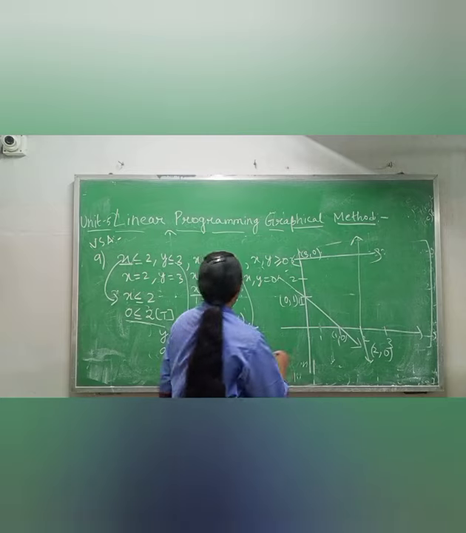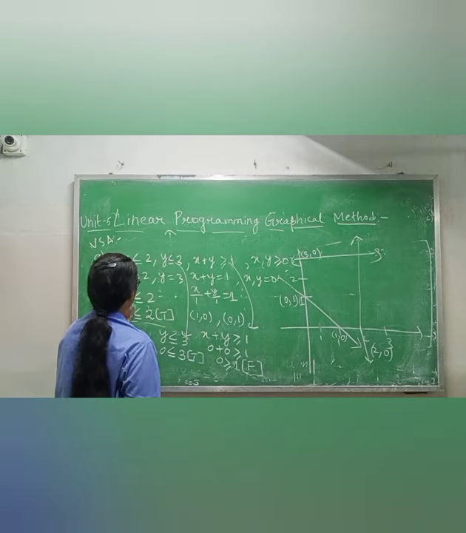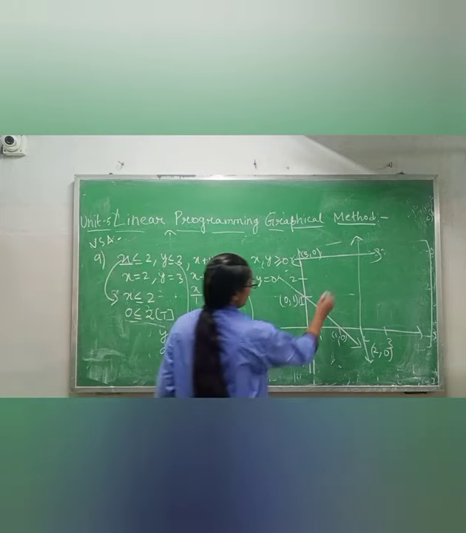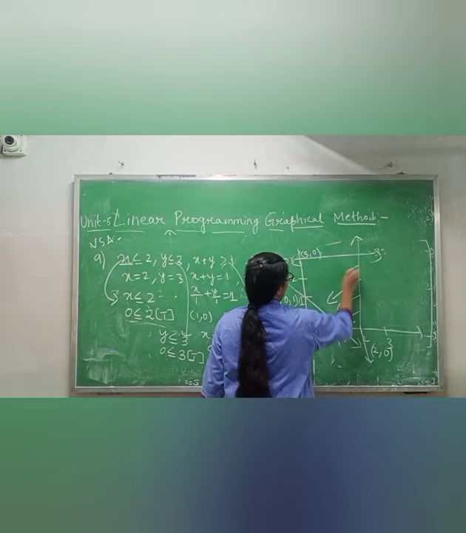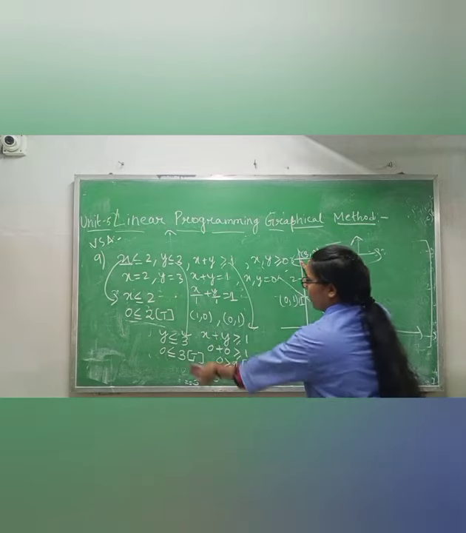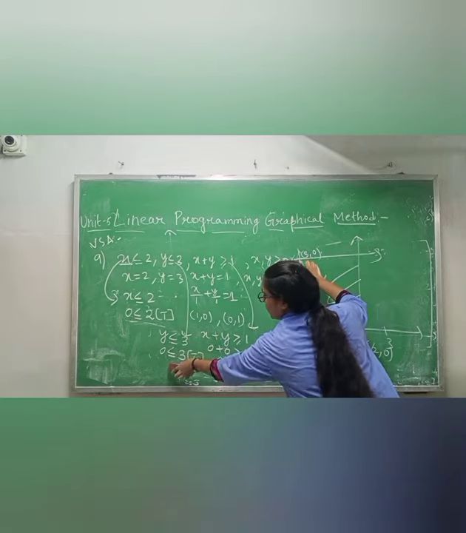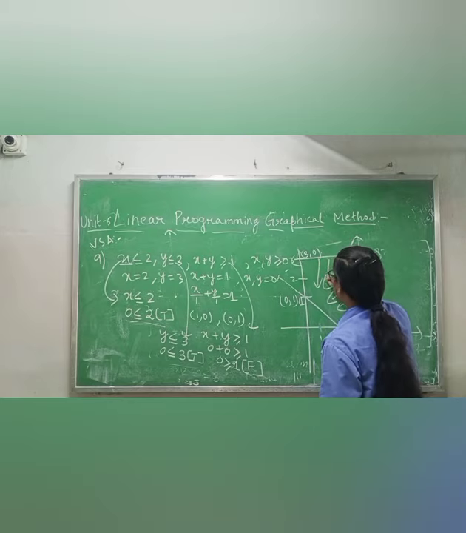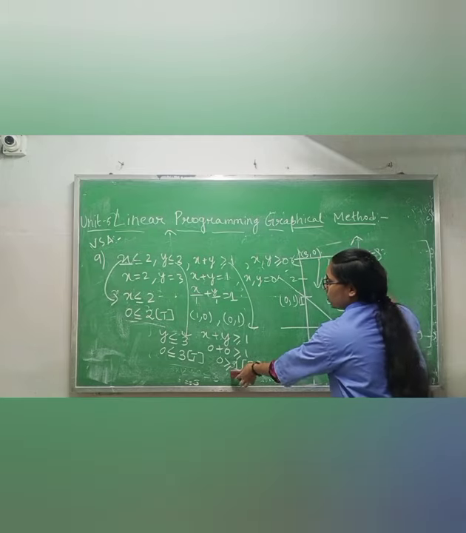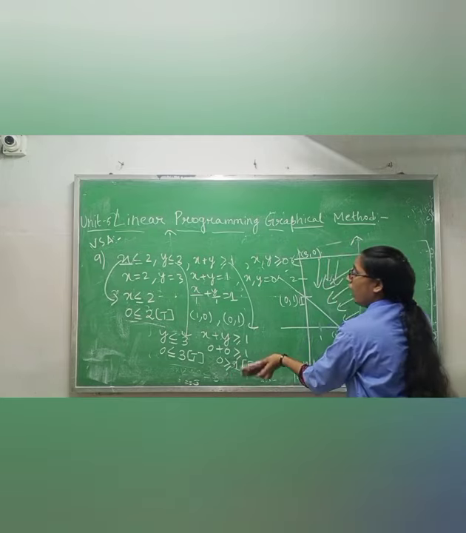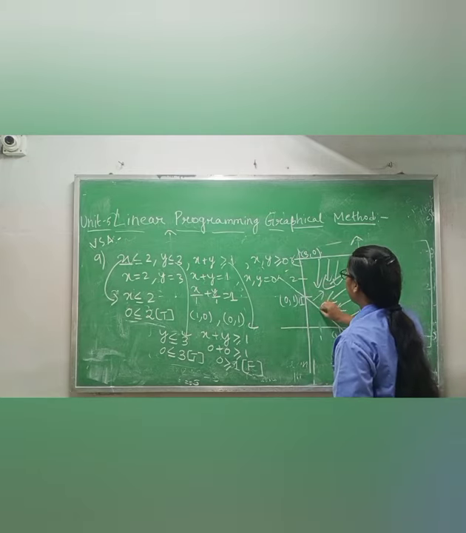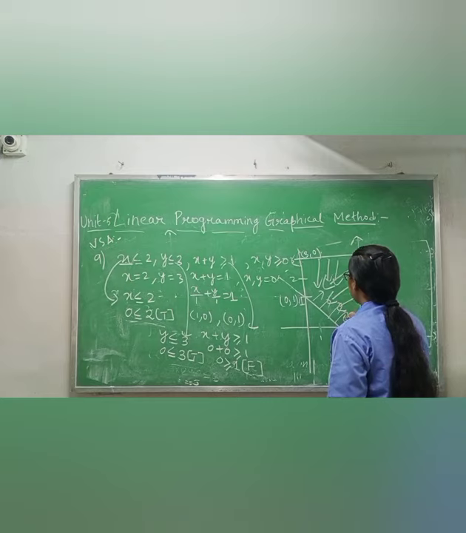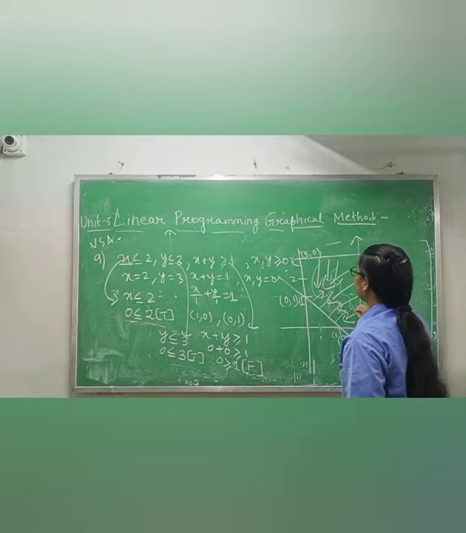Okay. So for the first one it is true. When x is less than or equal to 2, then it is true. It means it will come towards the origin. Again, for this one, y is also less than or equal to 3. It is also true. Again, it will come towards the origin. But in this one it is false. It means this line will go away from the origin. So which one is the feasible region? This one is the feasible region.